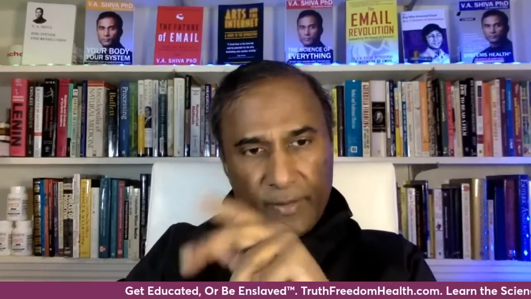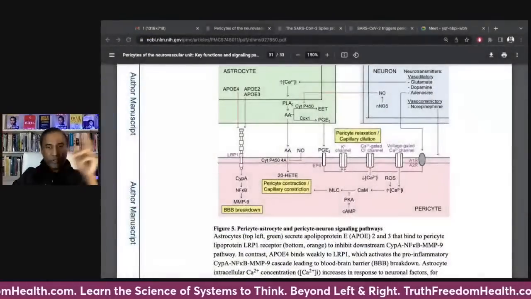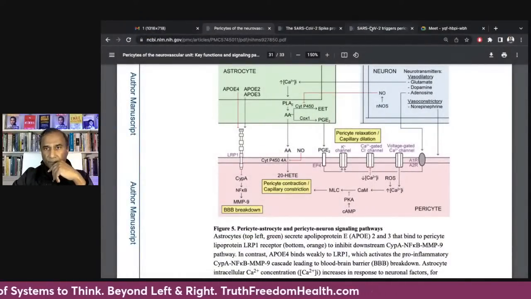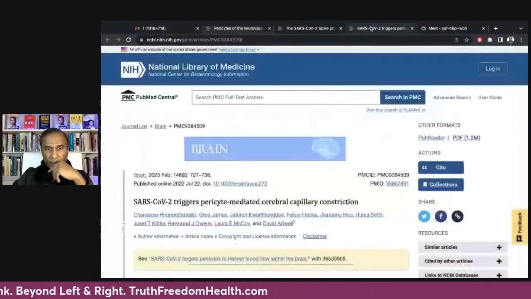That's what these pericytes do at that very, very deep level. Now, what's fascinating is a paper recently came about a couple of months ago, and I'm going to show that to you, which through various citations also referred to our work, which was done back in 2015. But this paper, let me bring it up here. It says